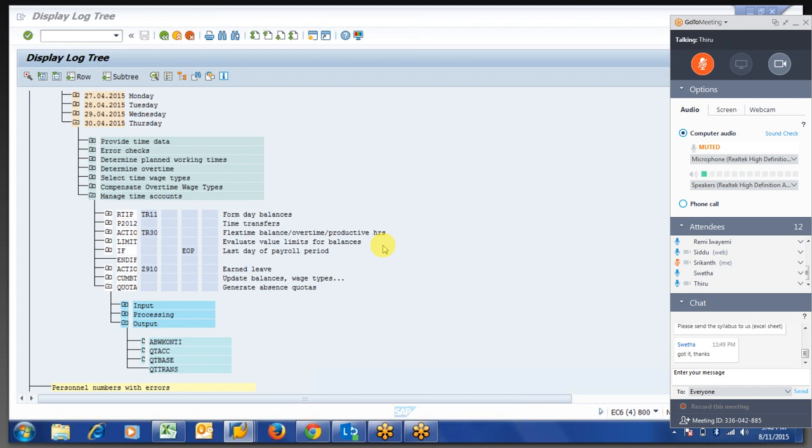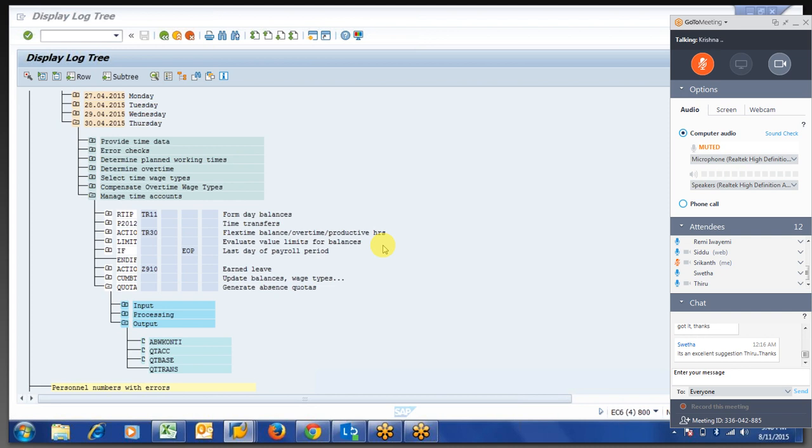Krishna, one more doubt. While creating a PCR, you are giving 4 stars before starting operation writing. Whether it is a wage type, can we give the wage type? No, it is a time type. In the characteristics, we mention this PCR is specified for time evaluation, so it is a time type only. There is no concept of wage type in time evaluation.